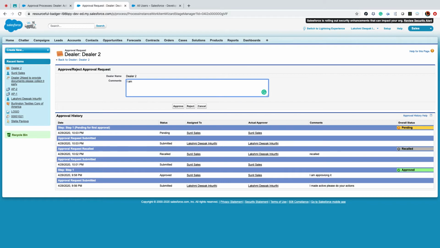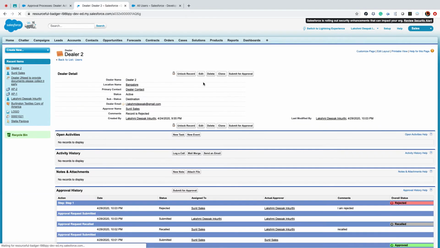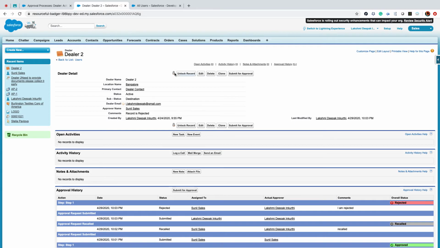So imagine that I'm doing it as Sunil and I reject. What should happen? The record should become open and unlocked, or it should be locked. Here you can see the locked symbol, right? If I have a locked symbol, it means the user will not be able to edit the records.